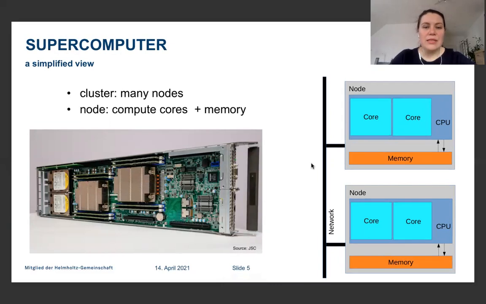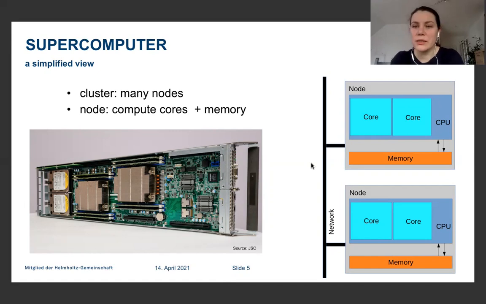On the picture you can see a node of a cluster, but for us a simplified view is enough. A cluster consists of many nodes connected by a network, and inside the node we have several compute cores which have access to a local memory. And already from this picture we can see that we need two